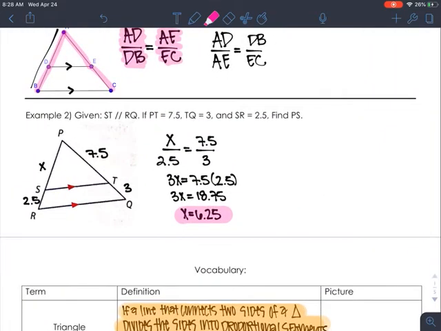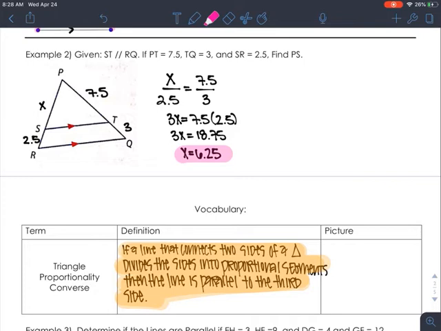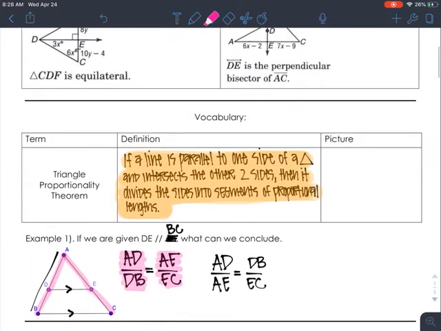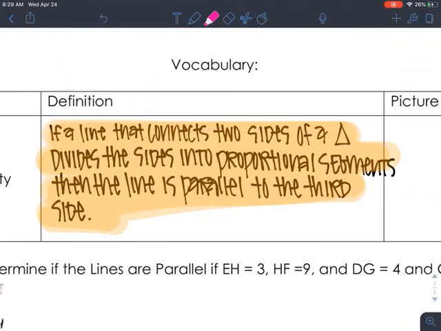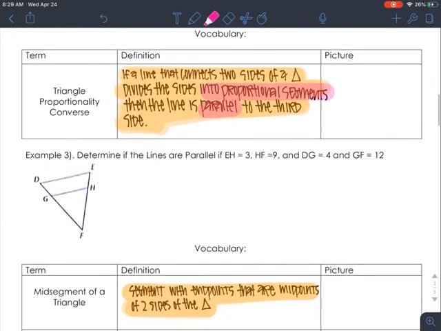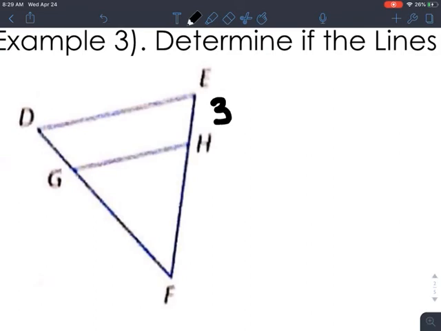Okay? Now, our next one is the converse. And so we should be able to already understand what this is going to ask us for, because in the theorem, we were given that it was parallel, and then we concluded that the segments were proportional. In the converse, we're given that the segments are proportional, and what we're trying to prove is that the line is parallel. So in example 3, it says, determine if the lines are parallel if EH is 3,